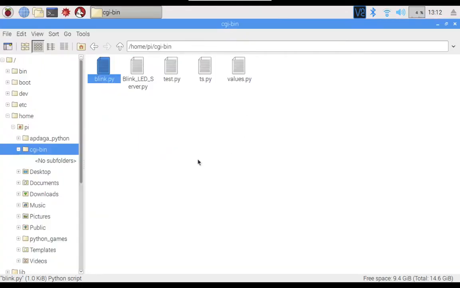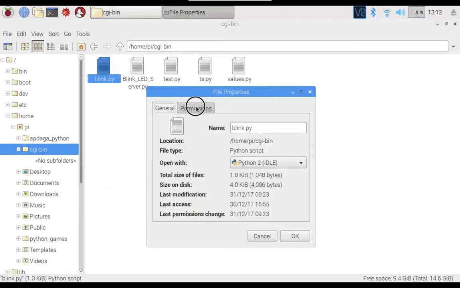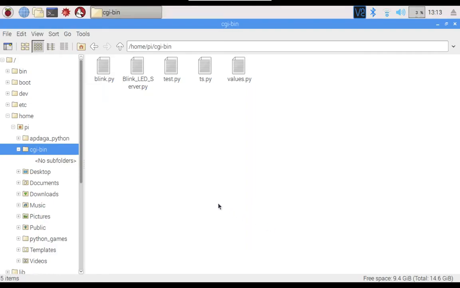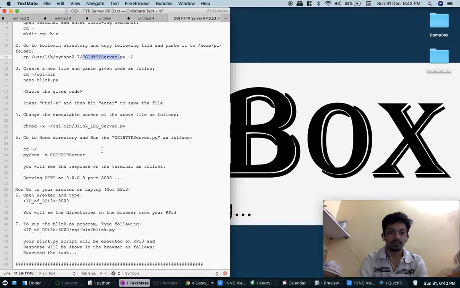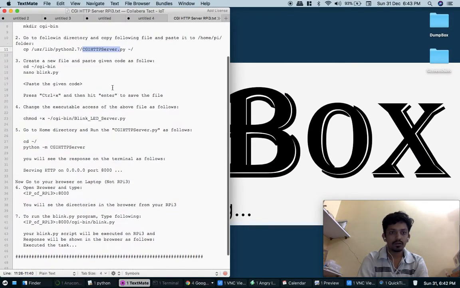Once that is done, right-click on the file, go to properties, permissions, and click on execute and select anyone, meaning anyone can execute this file. Once that is done, you have to go to usr/lib/python2.7 and copy a file.